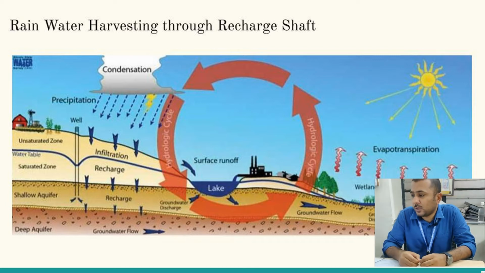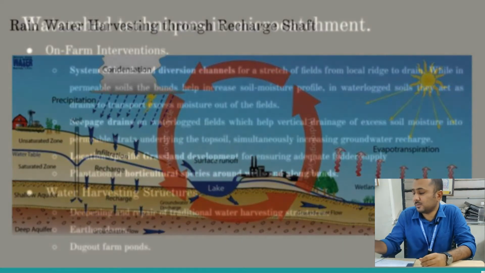As you can see in the figure, this is a simple demonstration of how the entire watershed will interact with the water in several cases. If you see the figure, you can visualize how the water flows from infiltration to recharge of groundwater, and the groundwater is contributing to the lake, and the lake is again supplying water to the groundwater, and the groundwater is ultimately flowing into the river. So this is how the interaction will take place. Basically, based on the hydraulic gradient that is established, the water will flow in that direction.